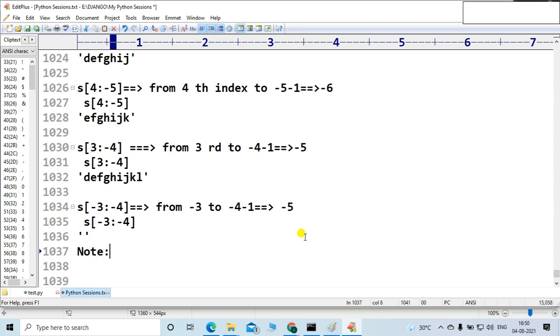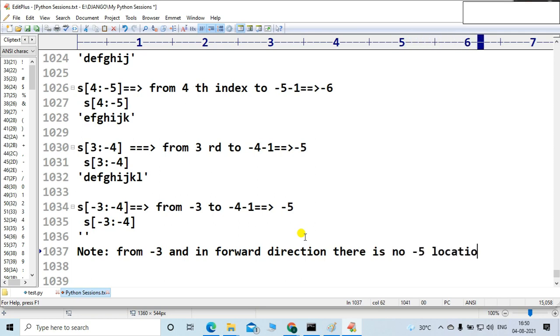I have to take one note here so that the thing will be very clear. From -3 to -2, in the forward direction, there is no -5 location found.